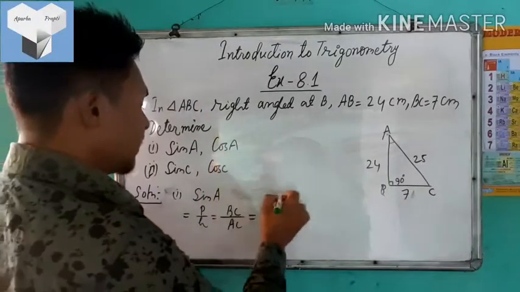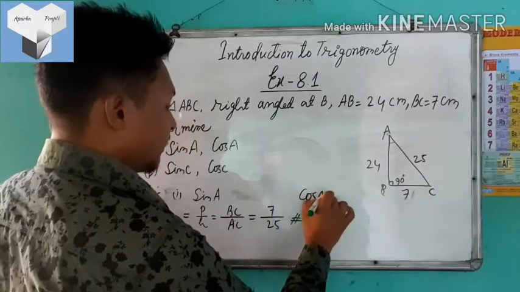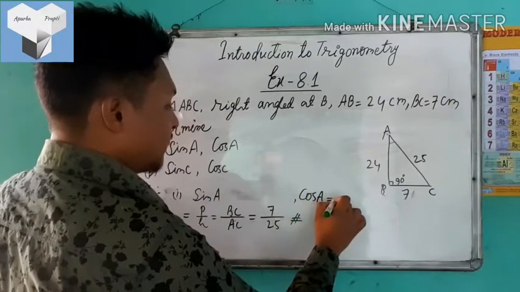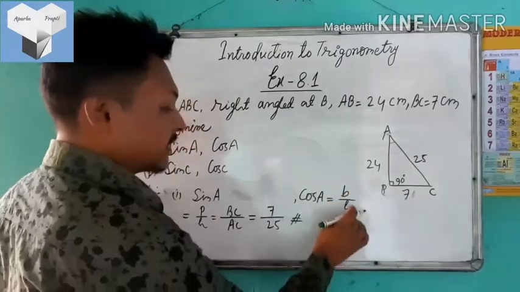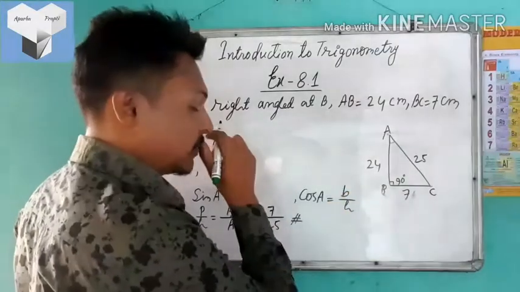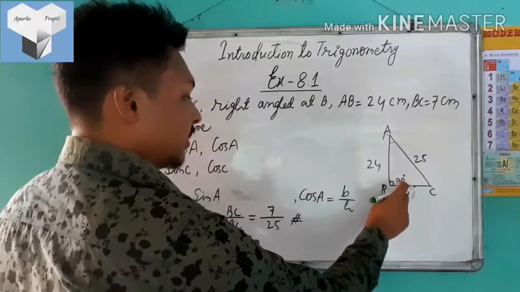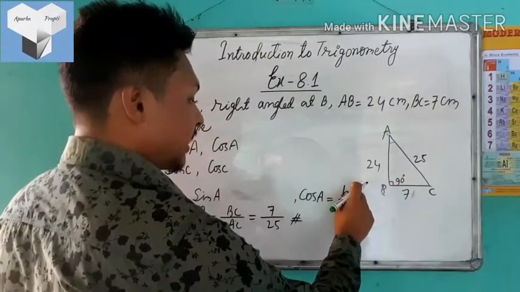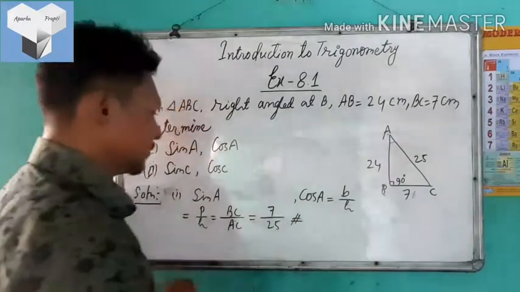So you will do the operation for cos A. How? I am giving you a hint. It will be, guys, B by H. B means base, H means hypotenuse. With respect to angle A, you need to find the value of base and hypotenuse, and simply putting them, you can get the ratio.